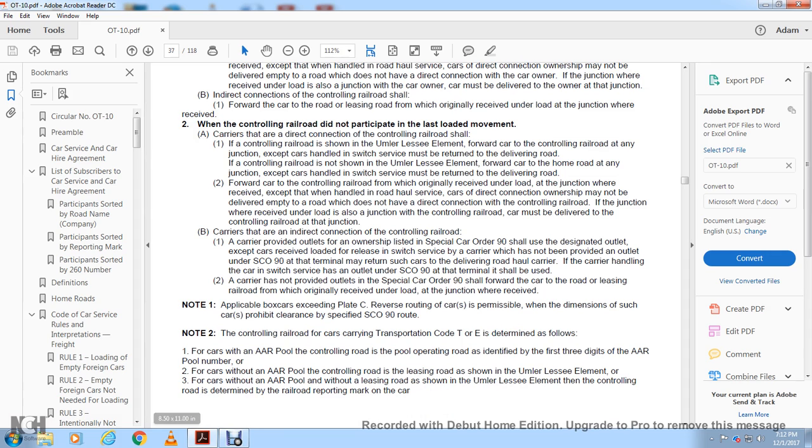Note 2. The controlling railroad for the cars carrying the transportation code T and E, or T or E, determines its value. For the cars of the Associated American Railroad pool, the controlling road is identified by the pooling operating code, the first 3 digits of the Associated American Railroad or pool number. For the cars with the leasing road shown with the Umler leaser element, or for the others with the Associated American Railroad pool without leasing road,